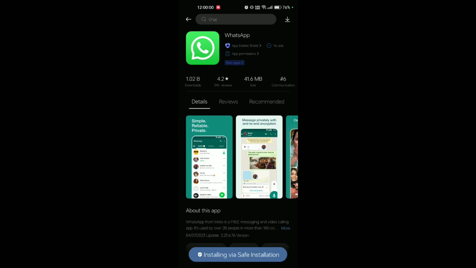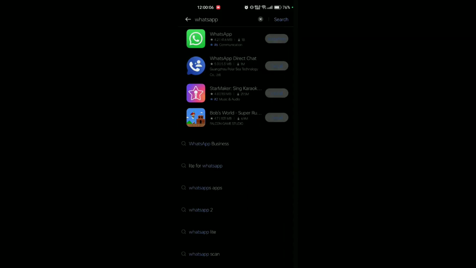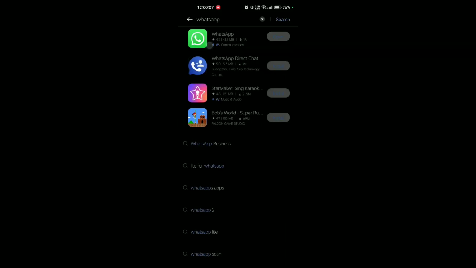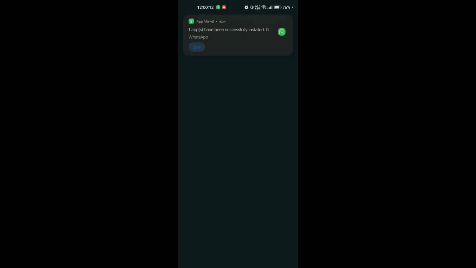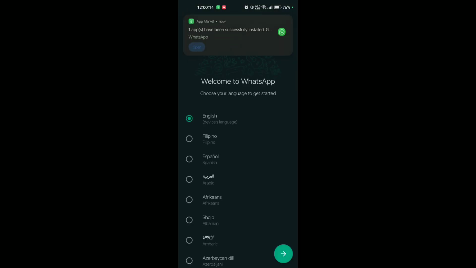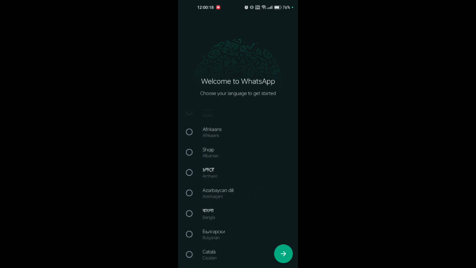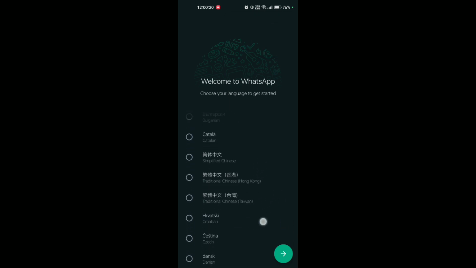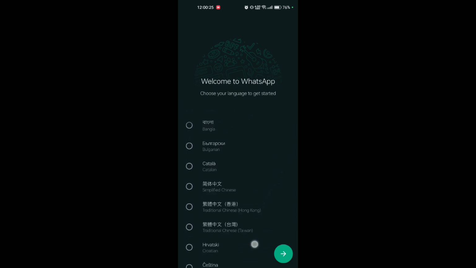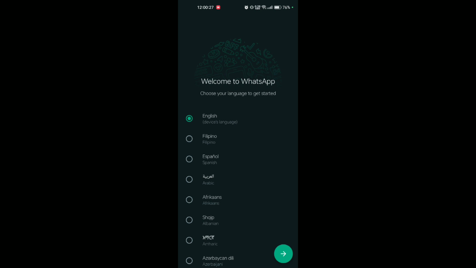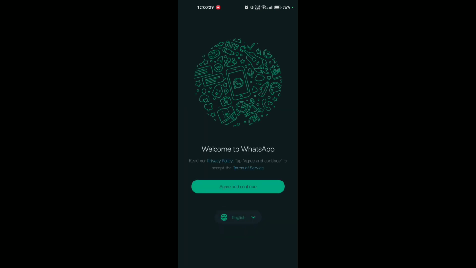So after you download and install your WhatsApp application, open your WhatsApp and follow the instructions to set up your account. You will need to provide your phone number and verify it with a verification code that WhatsApp will send to you via SMS. So choose a language, then